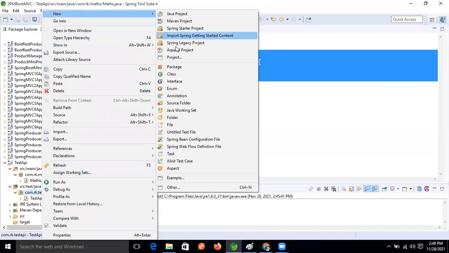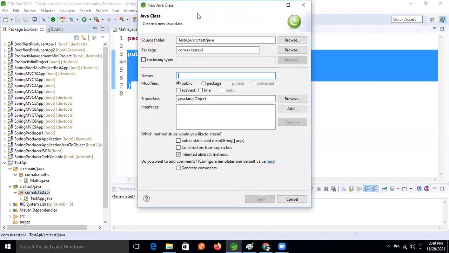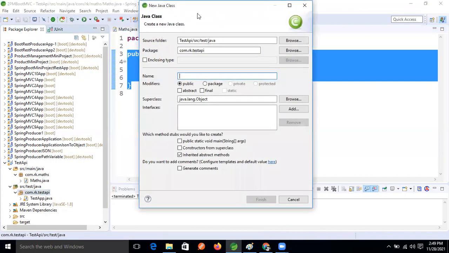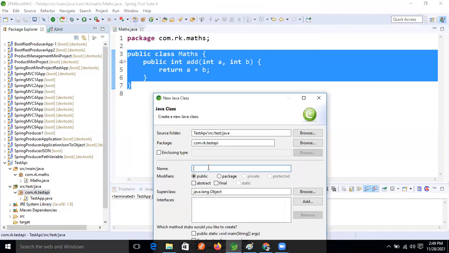Take one class. The class name, we need to follow the naming convention: first Test. After that, what is the class name, guys?